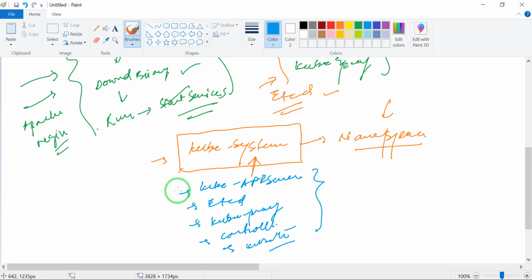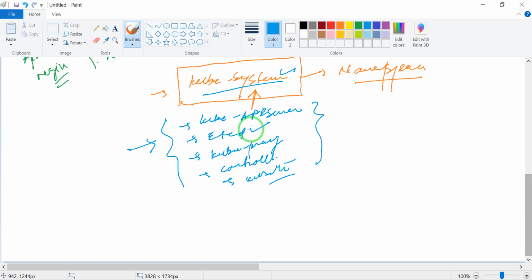All these major components run on your master node in the kube-system namespace, so your etcd also lives in kube-system. Once the services have been downloaded and your cluster is running, the etcd services run in the kube-system namespace. How can we see this? I will show you with the command as well.